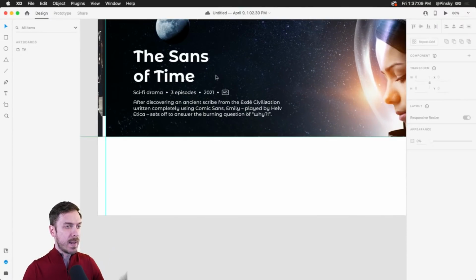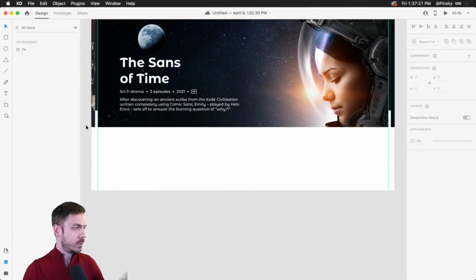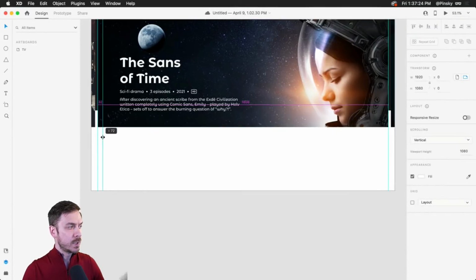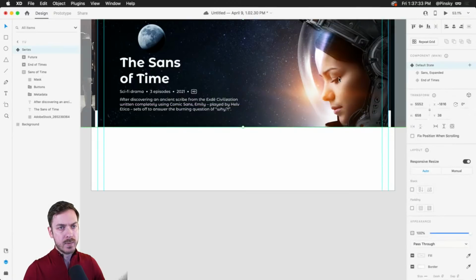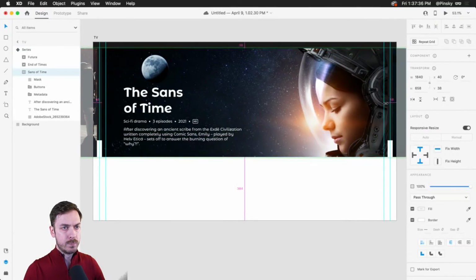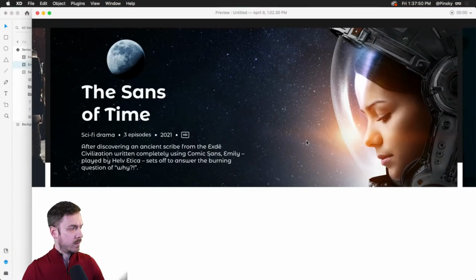Now down below here, we'll get back to some of this stuff in a moment, but we may want some additional categories, for example, right? So what we're going to do is we have our guides. Now I might want to actually drag another guide. It's a little bit squishy on the side, especially if we're going to add some categories. So let's say 32, maybe 40 pixels. Let's do 40 pixels on each side. And I may even consider bringing this in, just so I have a little bit more room for the shows on the side. Something like that, right? There we go. All right. That looks a little bit better.